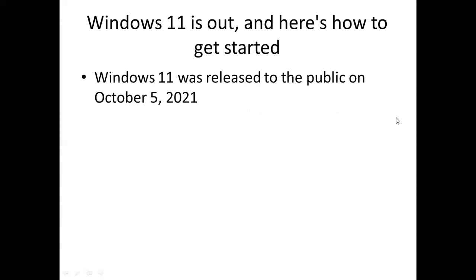Microsoft released the Windows 11 for the public on the 5th October. 5 अक्टूबर 2021 को माइक्रोसॉफ्ट ने विंडोज 11 को रिलीज किया पब्लिक के लिए।